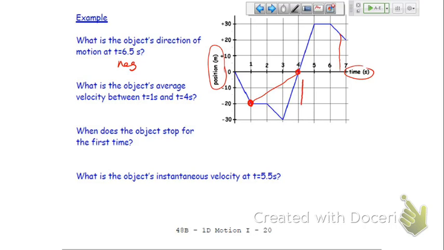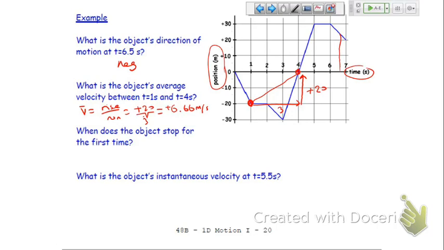It's going to be the rise, which is plus 20, and the run is 3. So v is equal to rise over run, which equals plus 20 over 3, which equals 6.66 positive